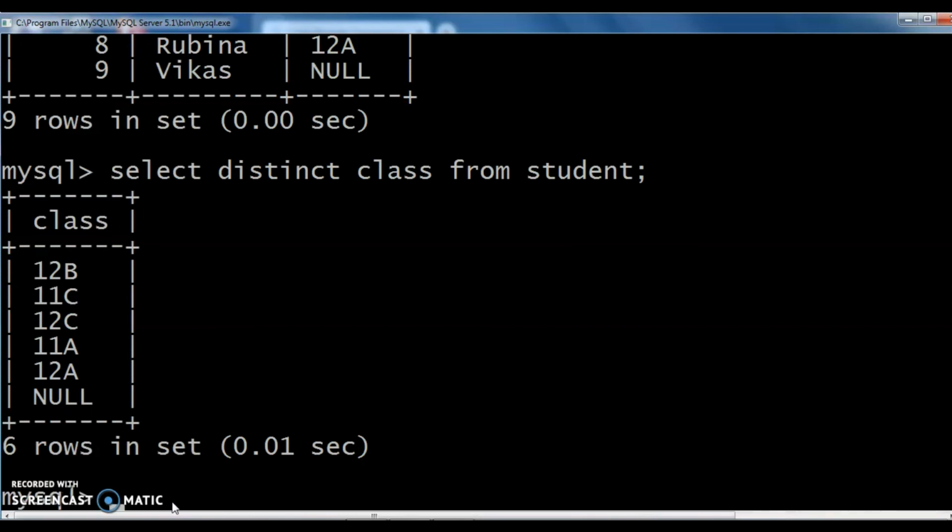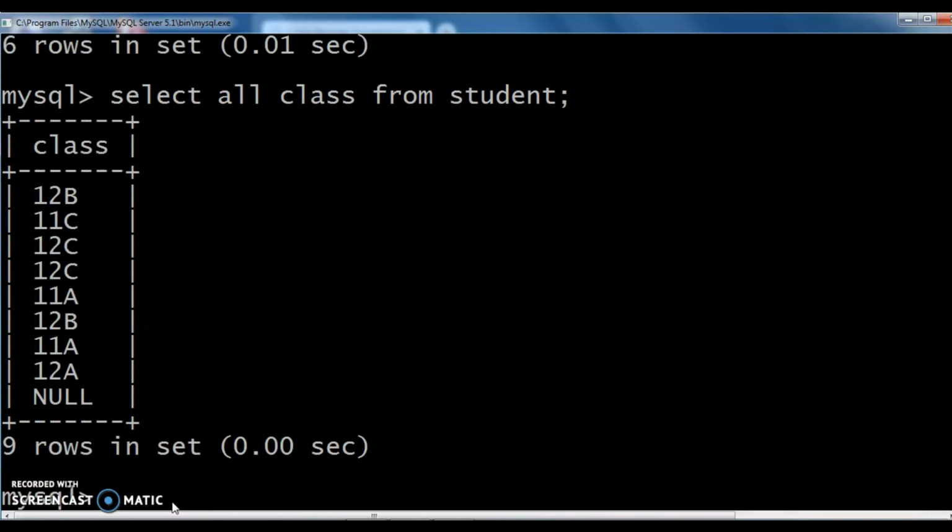Okay. Then with this distinct, we can identify one more term, all. All, A-double-L. Just opposite to distinct. Select all class from student.